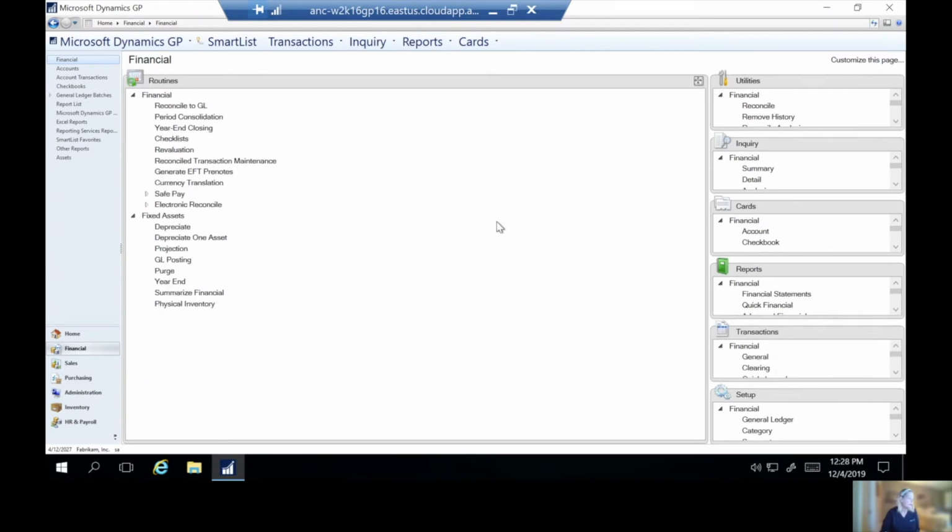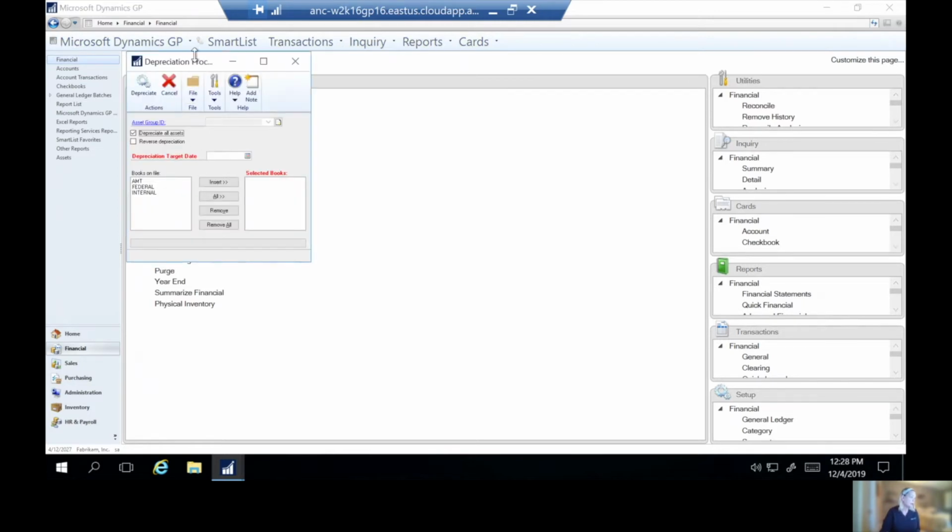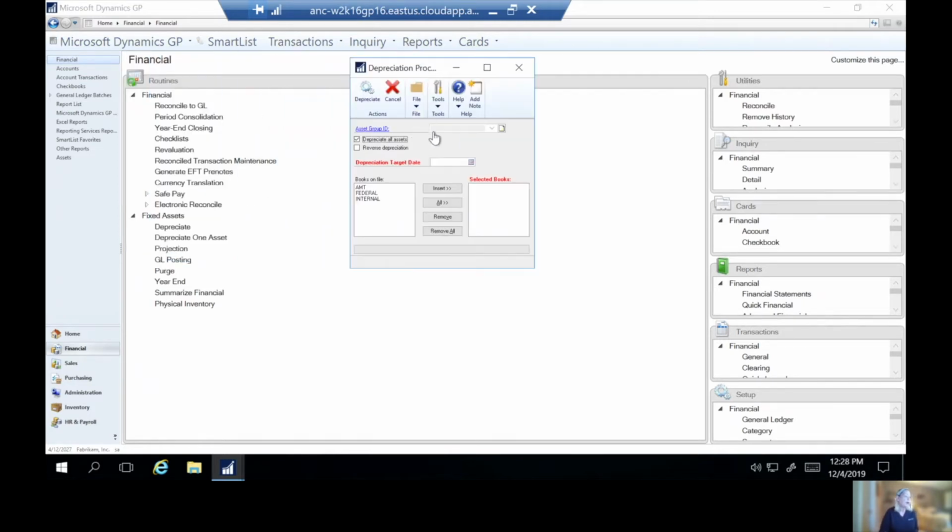So under routines, we're going to go ahead and say depreciate. And we can depreciate all assets or group. Typically, depending on your depreciation schedule, you'll probably select all. And then depending on the different books, we select depending on your tax year versus your fiscal year. We're going to select the internal books, and we're going to put our depreciation date,